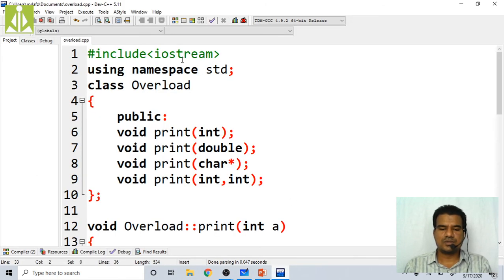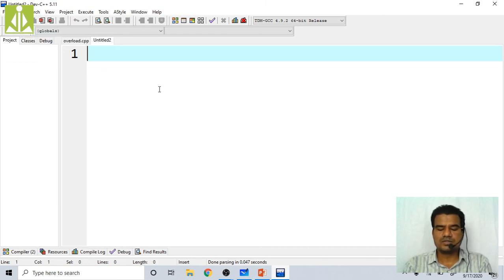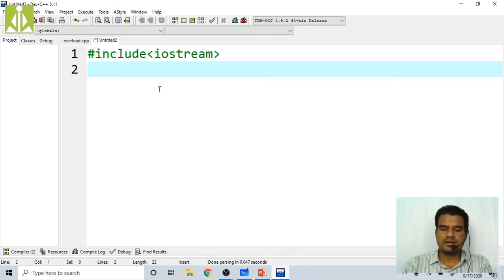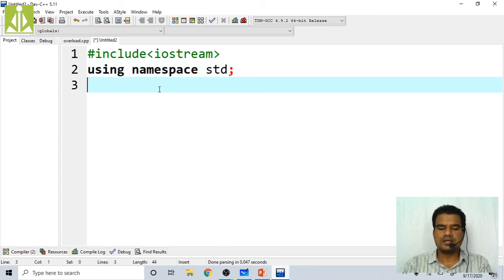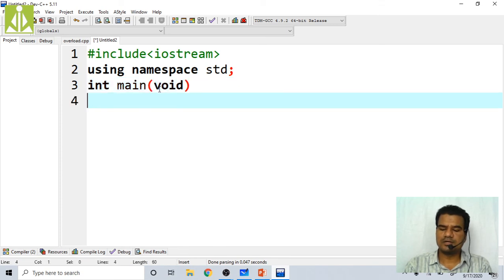So here I will take a new file. Hash include iostream, then using namespace std. Then I'm writing my int main of void.